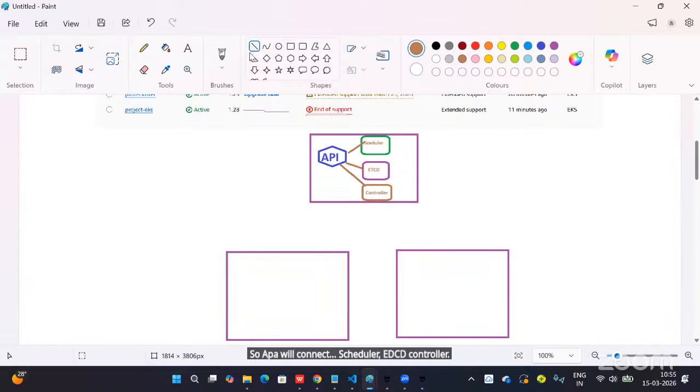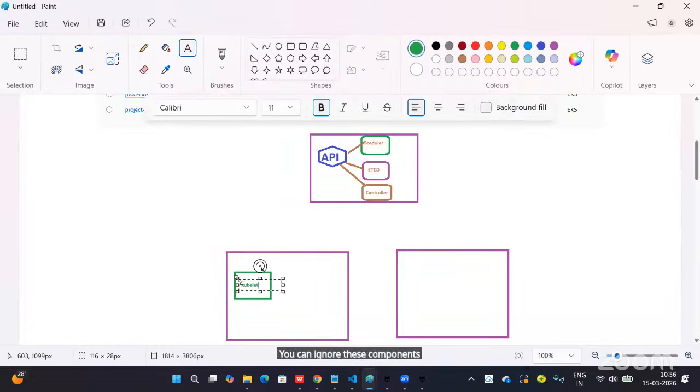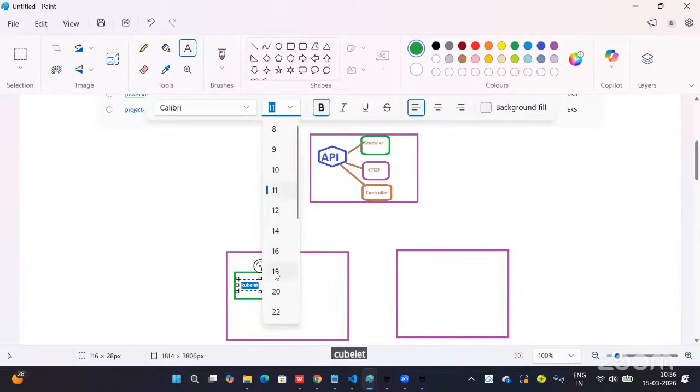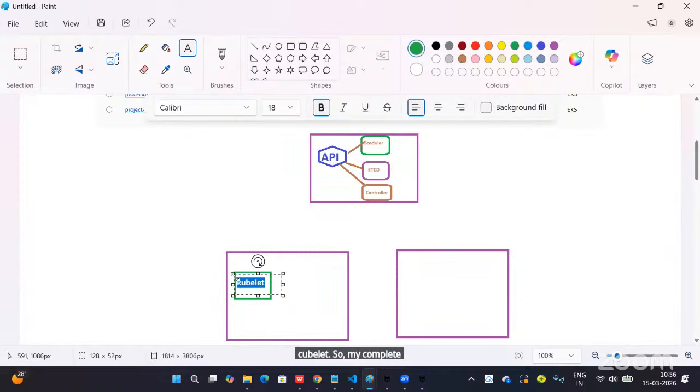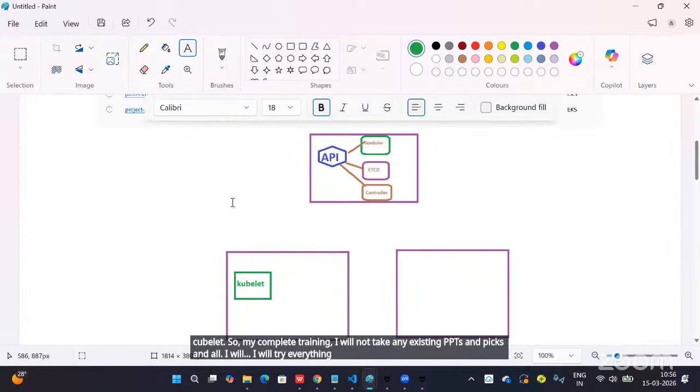And then here we also have components, kubelet. You can ignore these components now, I'm just writing only kubelet. In my complete training, I will not take any existing PPTs and pictures. I will draw everything from an empty base.